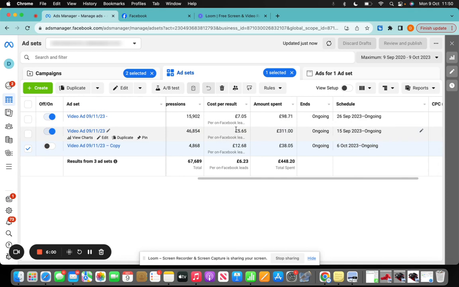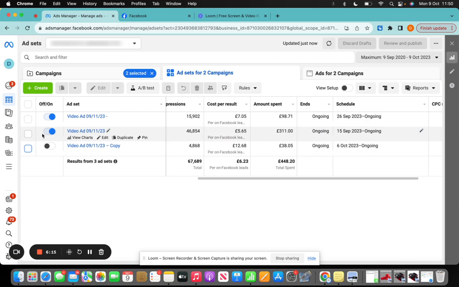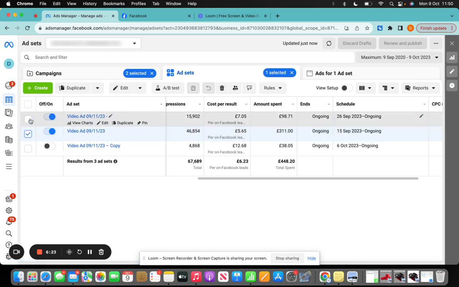Now, this client that we're working with, before working with us, was getting a cost per acquisition of like £34, £35. So for every new member that actually joined, they were spending about £35. Since we started running ads, their cost per acquisition has come down below £20. So considerably lower. I think it's actually like £15, £16 per acquisition. So considerably lower than what it was. So we're pretty happy with the results that we're getting.